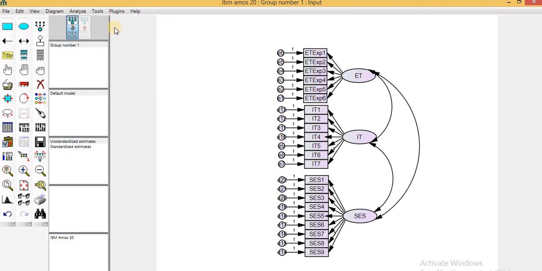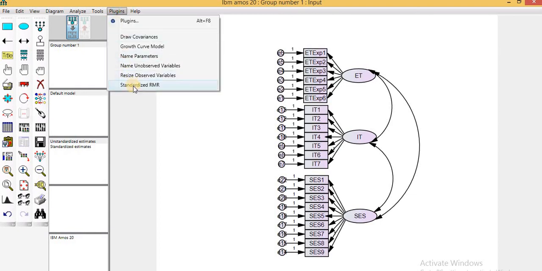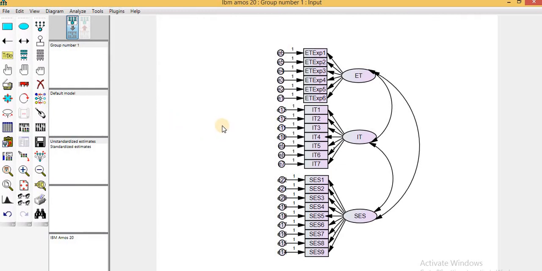Resize observed variables, and so this is the way you can treat them.